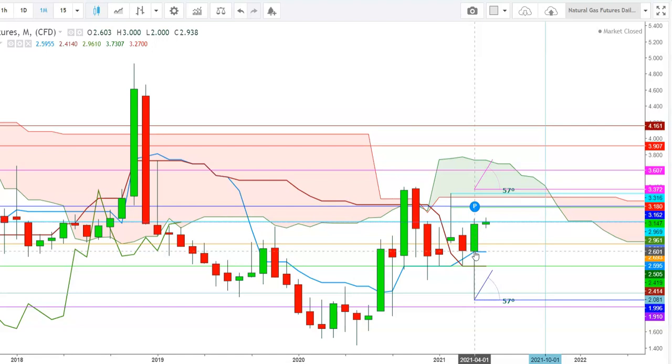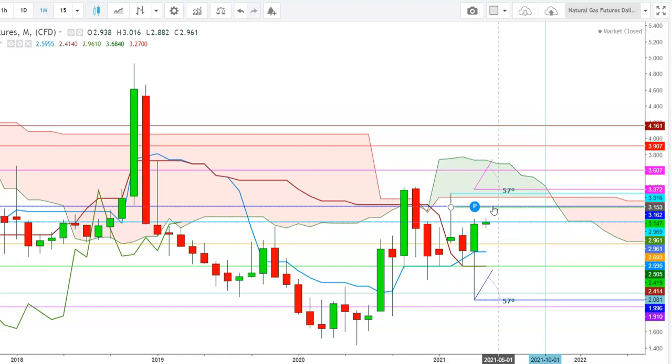So friends, here I find that the natural gas bulls have formed their immediate base at the levels of $2.6 in a monthly time frame. Here you can see how the natural gas futures tested a high at the levels of $3 during the month of April. And here you can see how the formation of a shooting star in a monthly time frame looks evident enough for a breakout move in natural gas futures, where the natural gas futures could find a tough resistance at the levels of